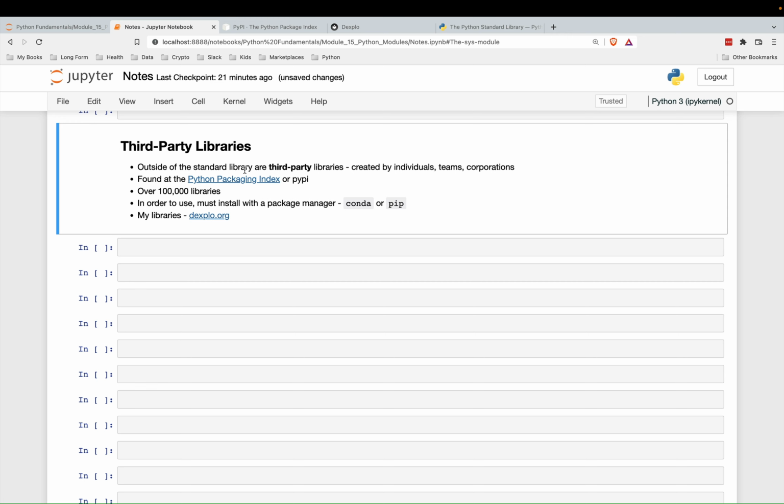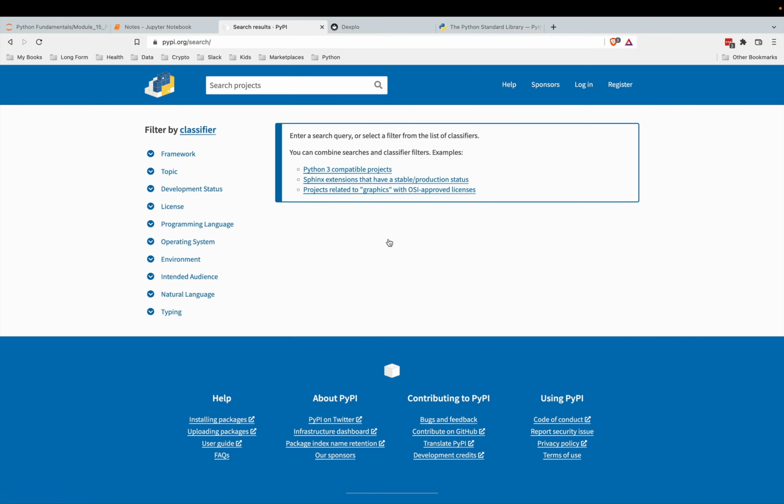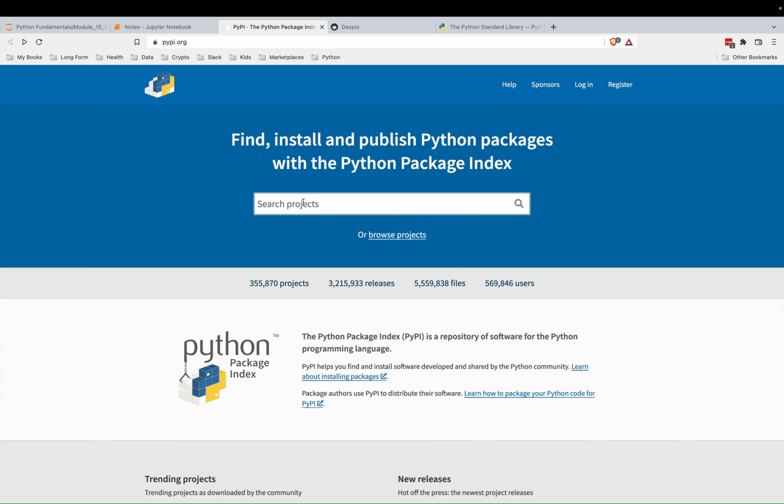All of these libraries are found at the Python Package Index. A package is just another name for one particular library. And if we look over here, I have already opened up the web page. It's pronounced PyPI.org. So Python Package Index, and you can search for projects. They give you the ability just to browse. So this is one place where you can find all of these other third-party packages that don't come with the